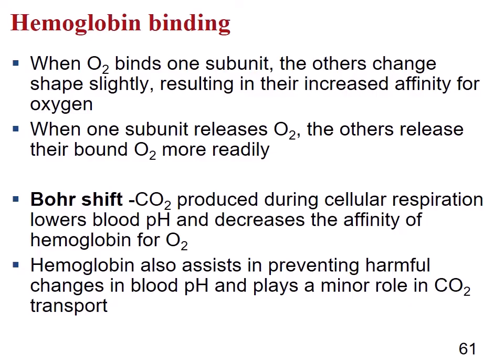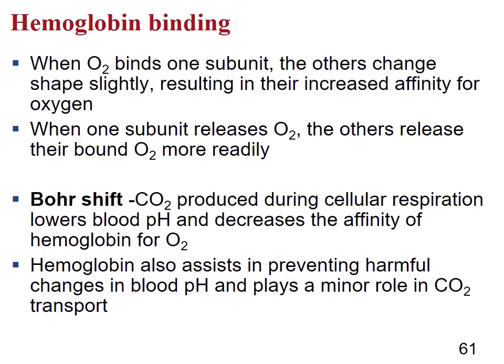When we're doing a lot of cellular respiration, we produce a lot of carbon dioxide, and carbon dioxide, remember, is at equilibrium with carbonic acid and bicarbonate ion. So more CO2 increases the carbonic acid concentration, so it will lower blood pH or make blood pH more acidic, and that decreases the affinity of hemoglobin for oxygen. But this is a good thing, right? Because when you're making a boatload of CO2, it means you're doing a lot of cell respiration, so you need more oxygen. So instead of having that oxygen tied up in hemoglobin,